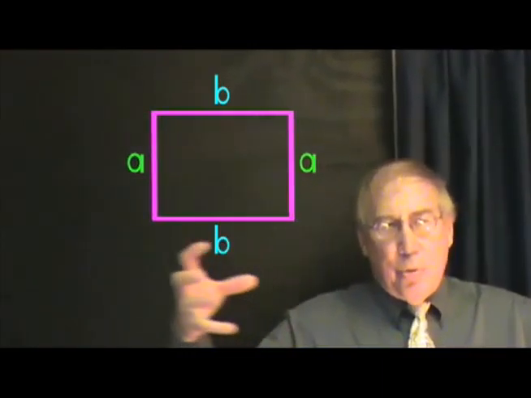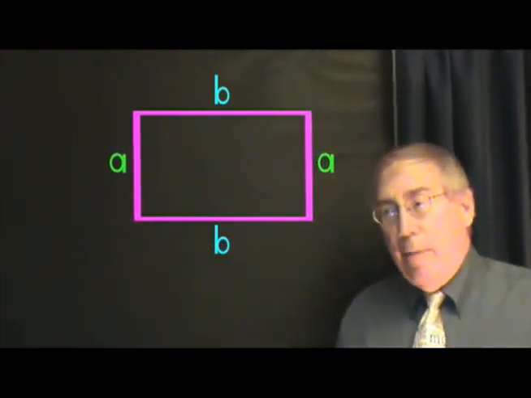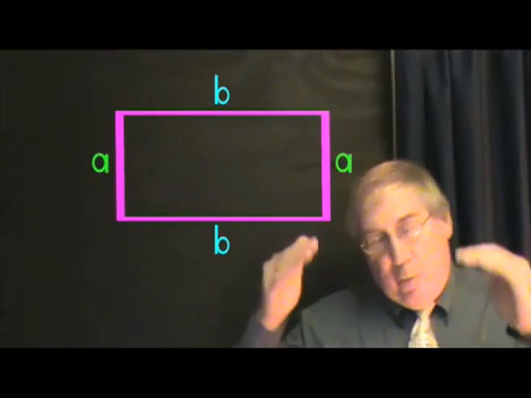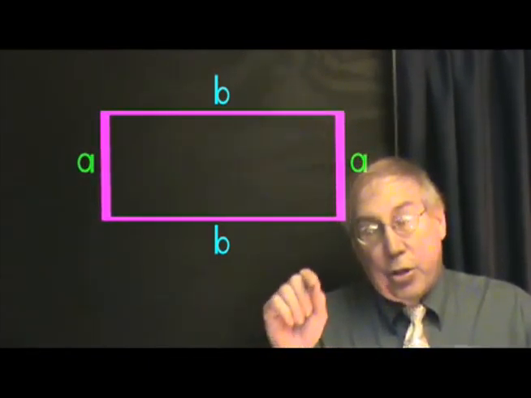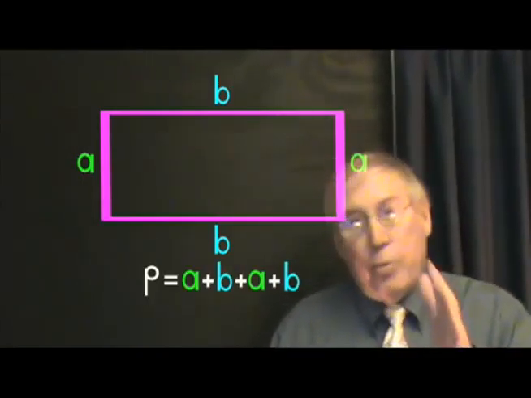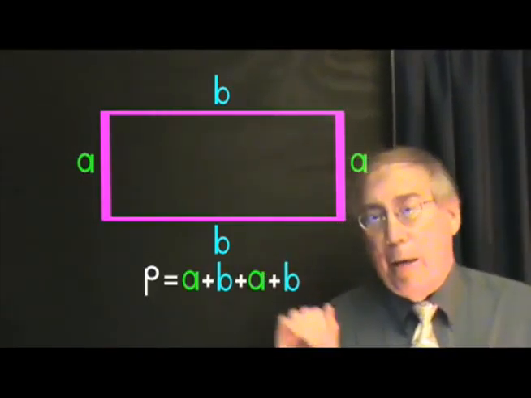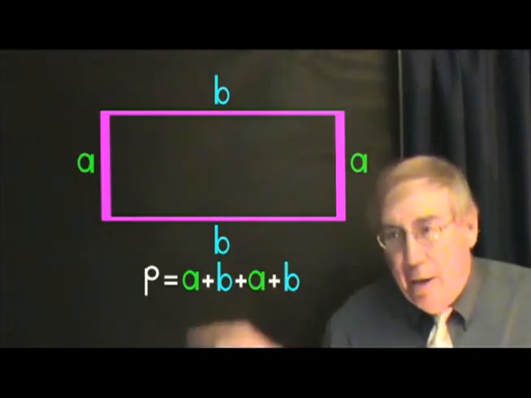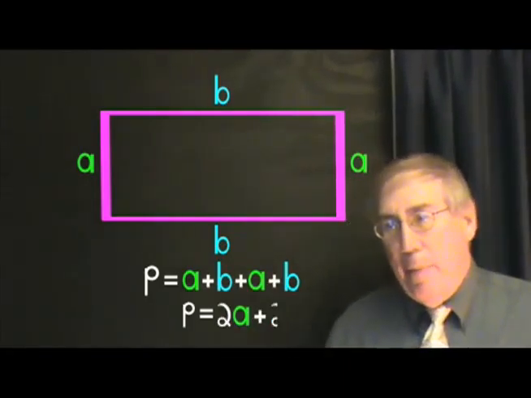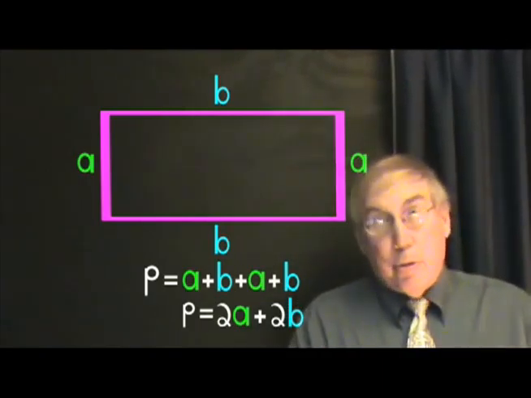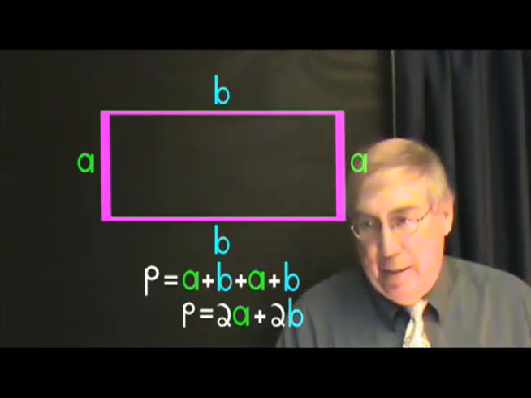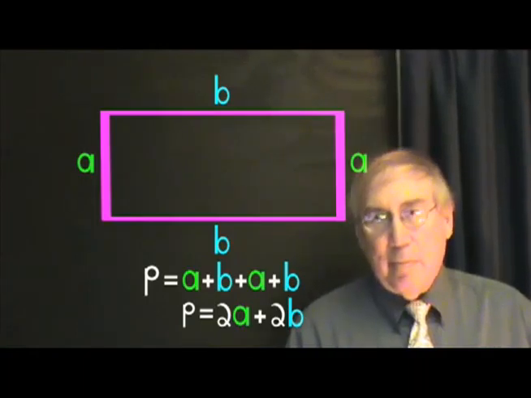Now, let's stretch the sides here and make this a rectangle where the length is greater than the width. Width is represented by A, length by B. So we could add all those sides together, A plus B plus A plus B, or we could say P equals 2A plus 2B. We're going to be doing some problems here